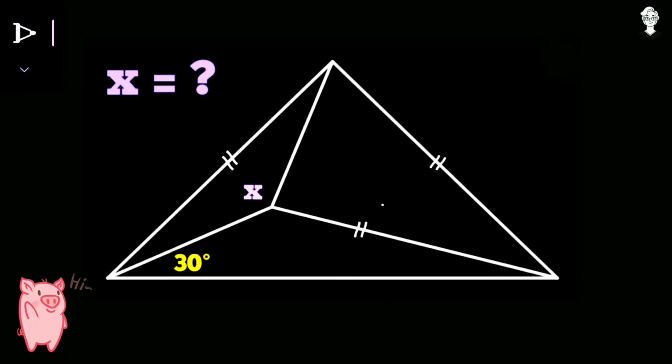So today we have a quite challenging geometrical problem. What makes this question challenging and fun to do is that only a single angle, 30 degrees, has been given, with a pair of equal sides, that is this side equals this side equals this side, and we have to find this particular missing angle x. So let us see the solution. How can we solve for this?